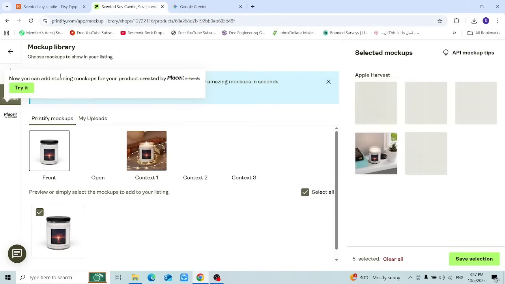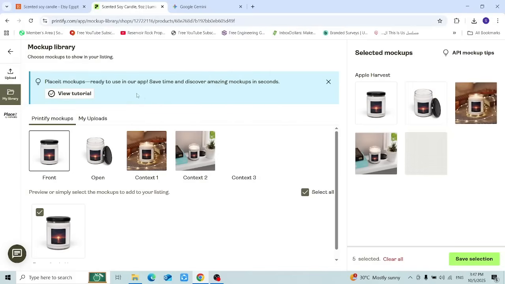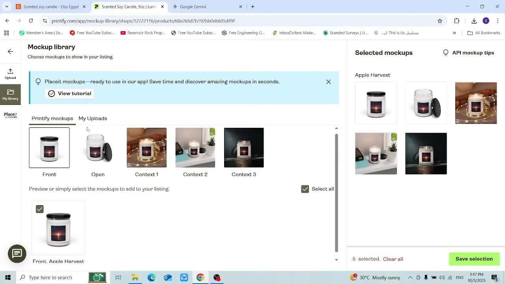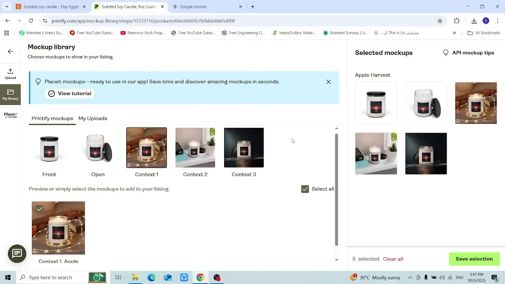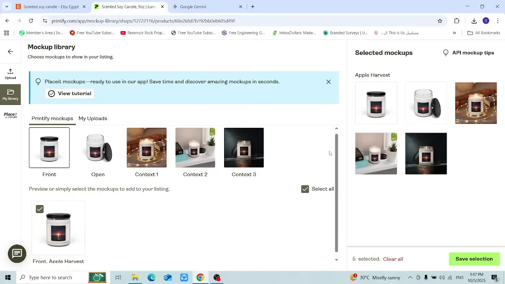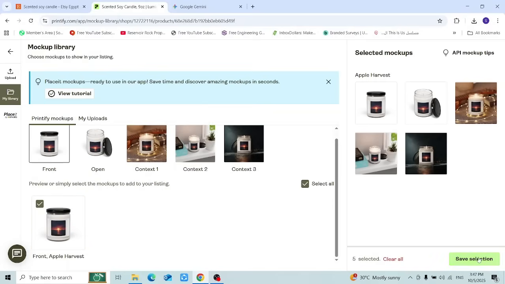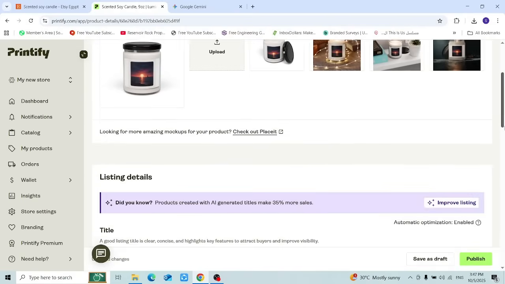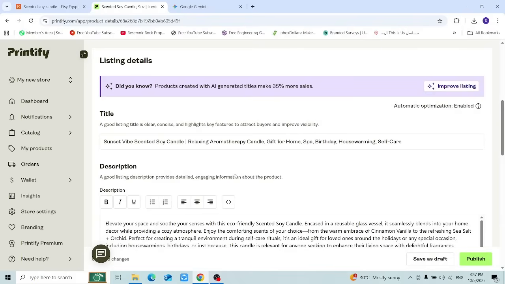Now you will be able to place the final steps, like what type of mockups or prototypes will be displayed. You can choose whether to unselect any of these or not, and if you want them all, you can click on save selection. And now your product is ready for publishing. You just need to list the